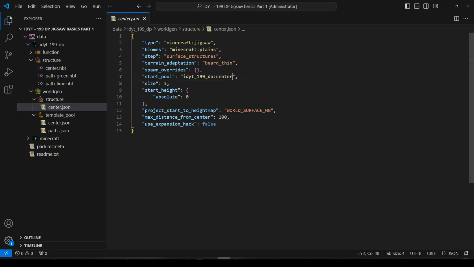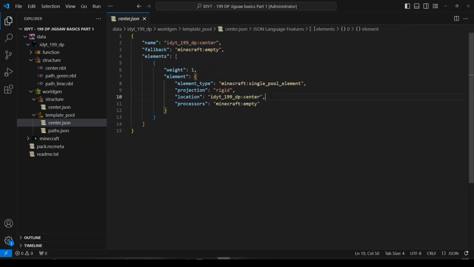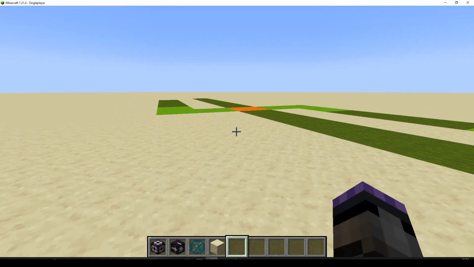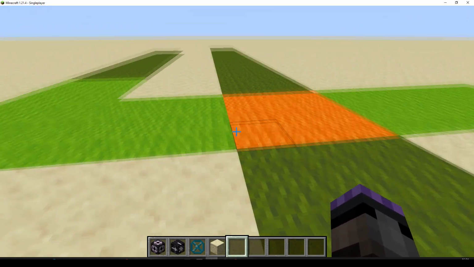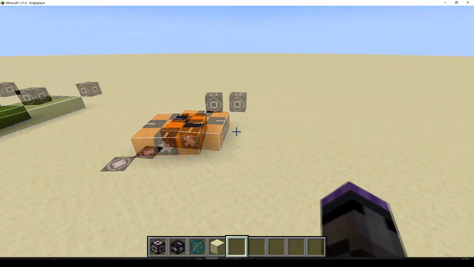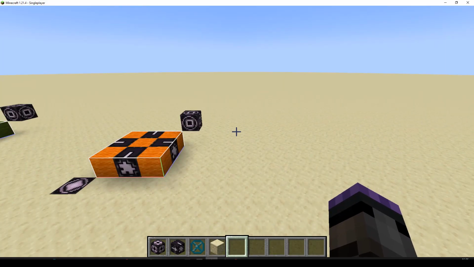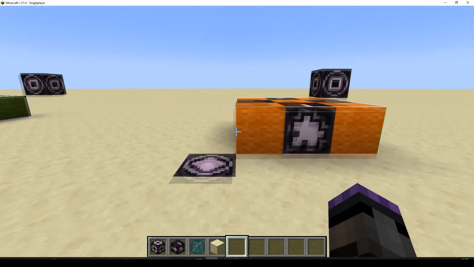It says I am allowed to take anything I want from the start pool. I will look in the start pool. In the start pool, I see I have only one element, so I've only got one choice, and that is center. So I better paste center NBT from the structure directory, and that's what it does here. Pastes our center. So you could see we could have a variety of different centers and get a random one. What we'll do later on is we'll try and add some extra stuff. So it pastes this,